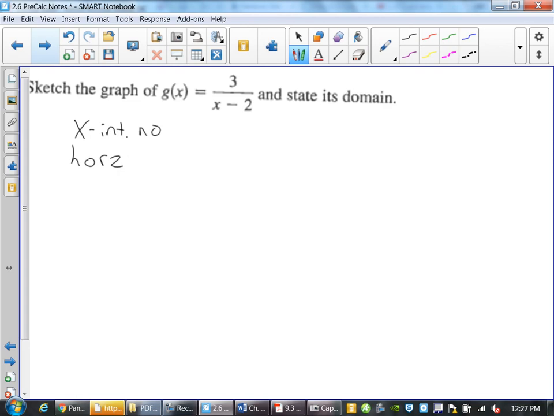We'll check our horizontal asymptote. What's the degree of the numerator? Well, it's pretty easy. Who wins, top or bottom? Bottom one. So when the bottom one has the larger of the 2 degrees,